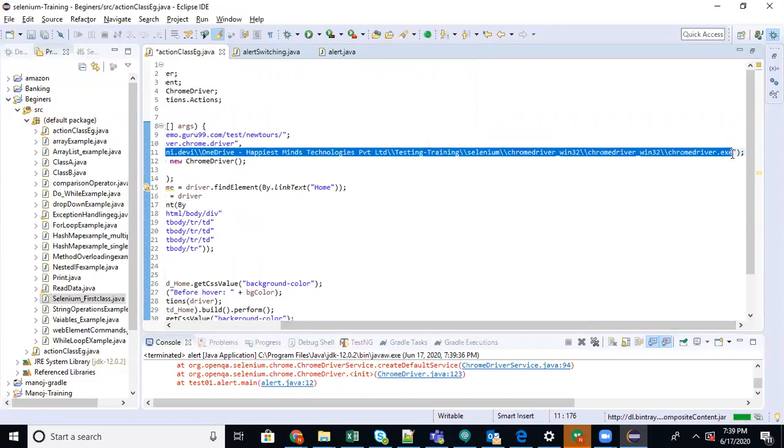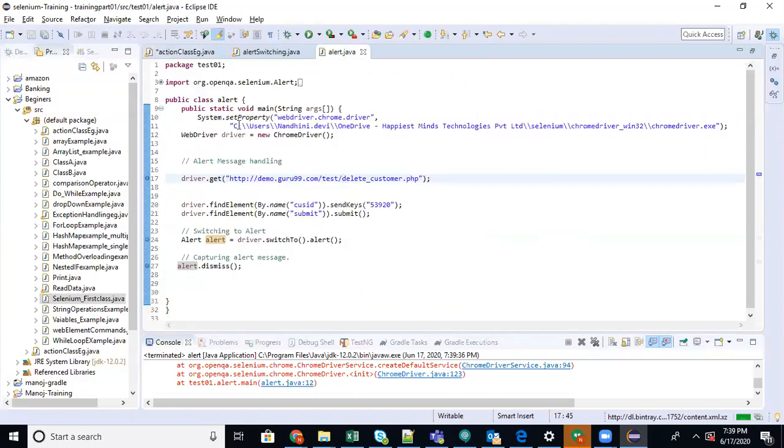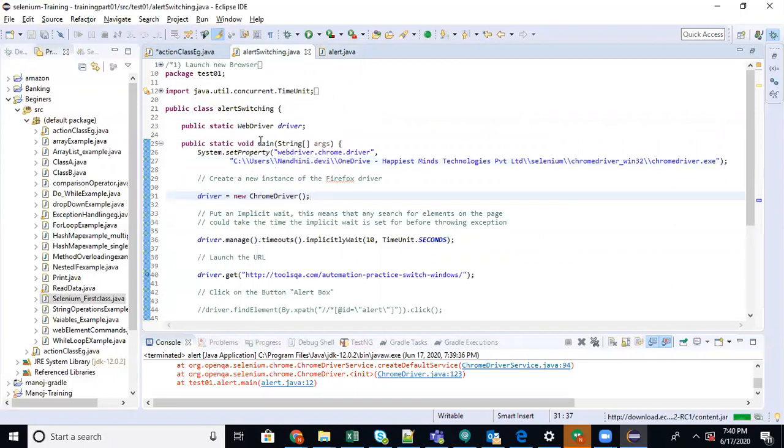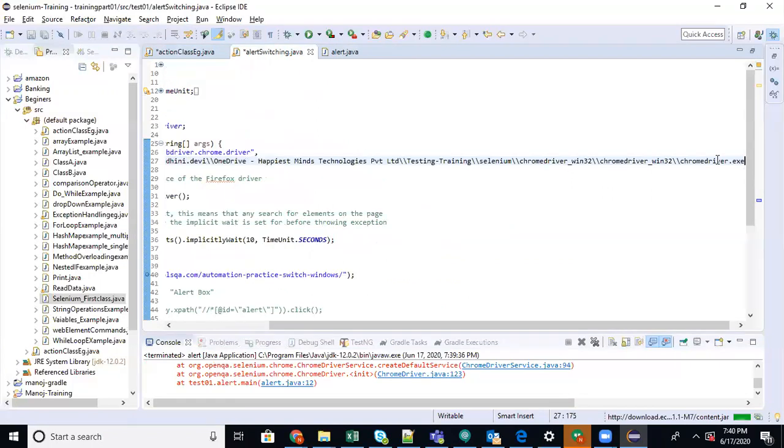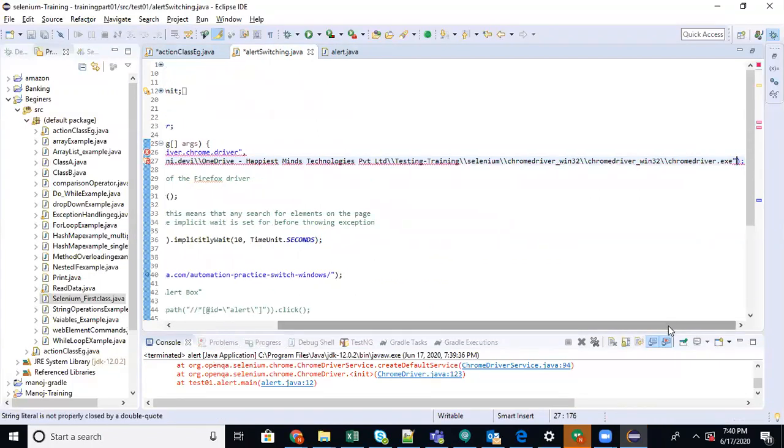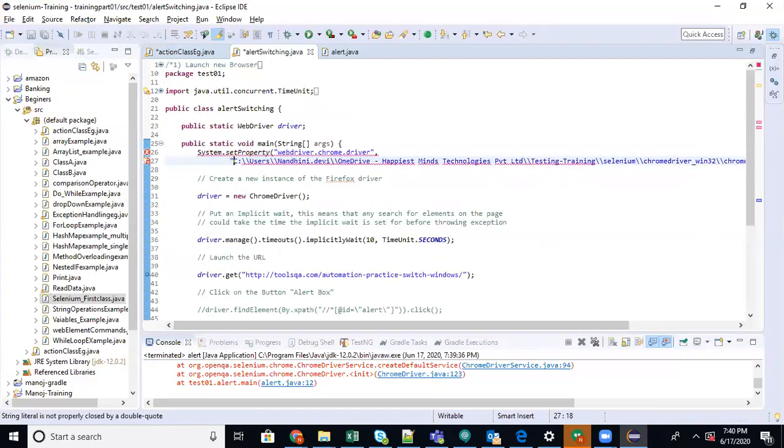Now see, I'm just copy pasting this. This is what we are using.